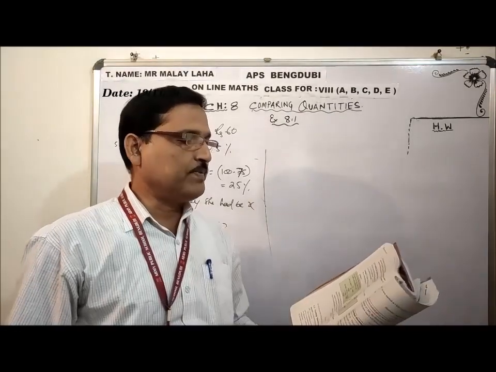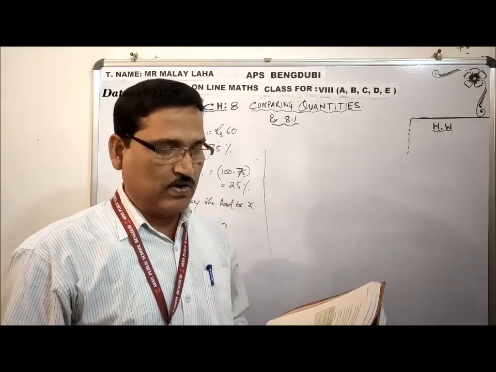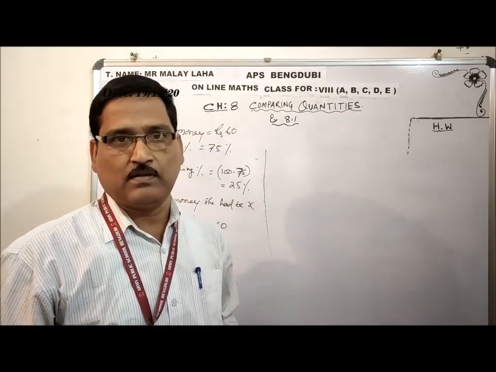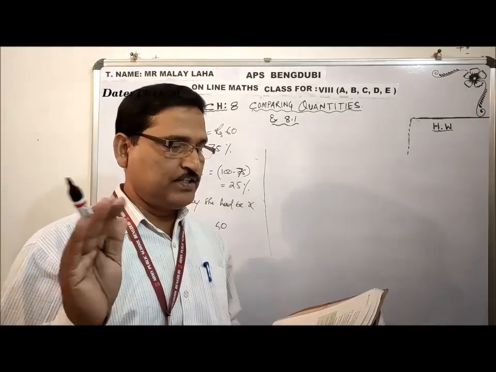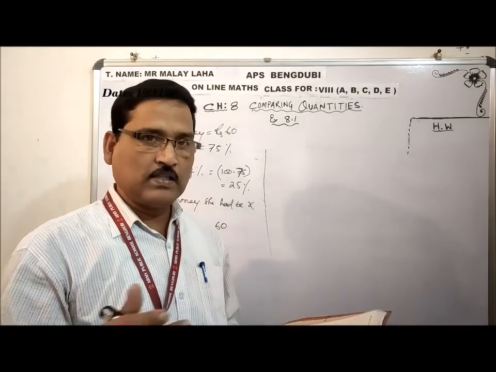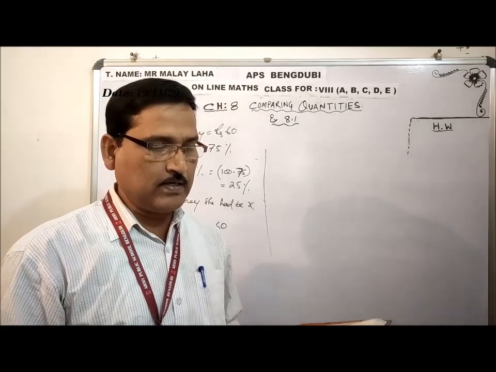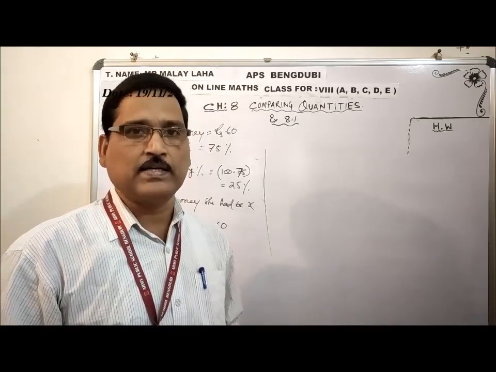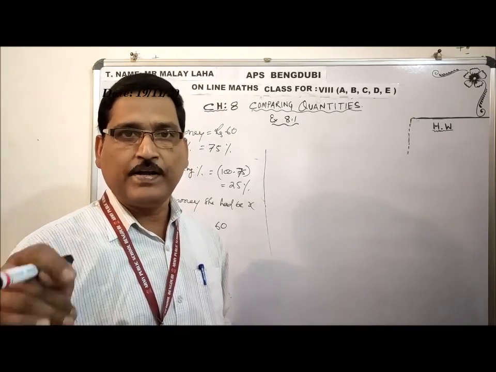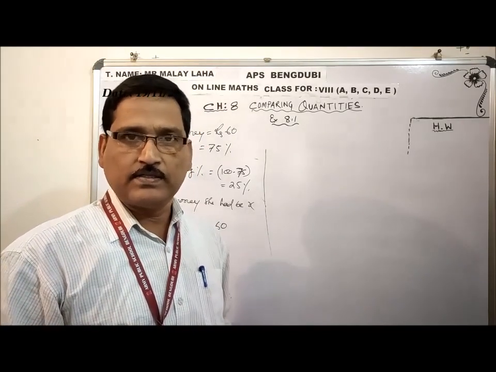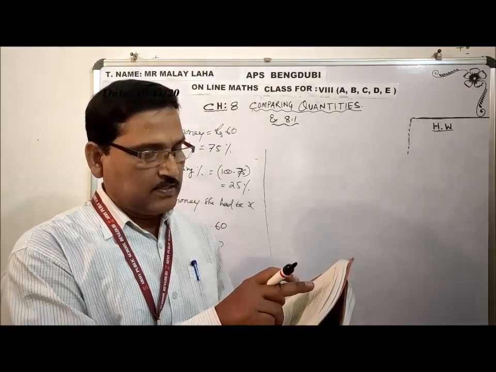60% of the people of a city like cricket, 30% of people like football, and the remaining like other games. What is the remaining? The total percentage is 100. Out of 100, 60% gone and 30% also gone. Total 60 plus 30, 90% of people like cricket and football. The remaining like other games. What is the percent of people liking other games? 100 minus (60 plus 30), that's 90, so 10% of people like other games.